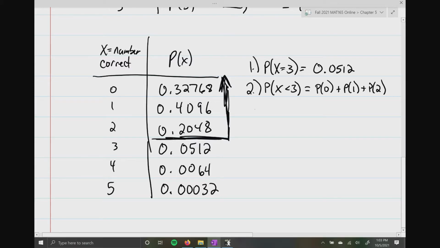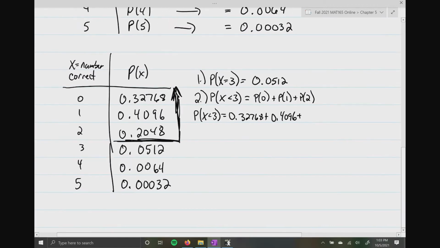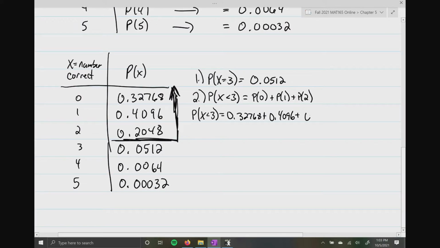Let me just write it out here. I think that's always helpful. So it's going to be 0.32768 plus 0.4096 plus 0.2048. And when you do all that correctly, we're going to get